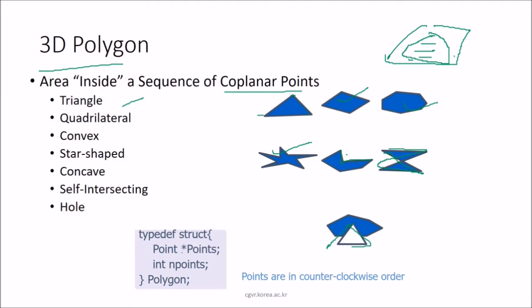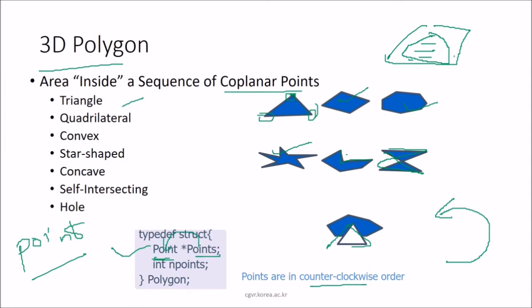So how are you going to represent it? The points are in counterclockwise direction, means points are like this. For example, in this we start with this point, second point, third point. So how are you going to make the point? You know what a point is; we have already defined the point structure. So this structure has inside it points, which are of type point only. We are representing a point in the form of a structure, and in this structure, which is the structure of a polygon, we are presenting these points. Here you have 3 points, here 4 points, so a number of points: int n points. How many points are there?